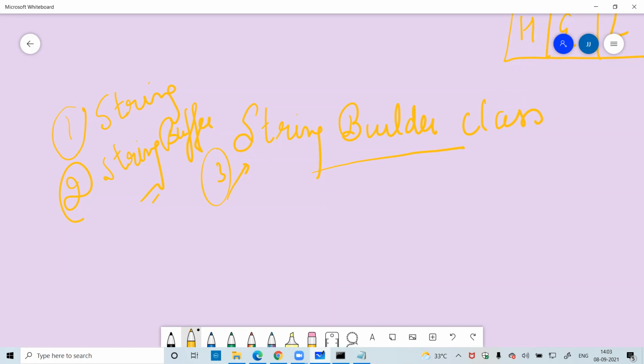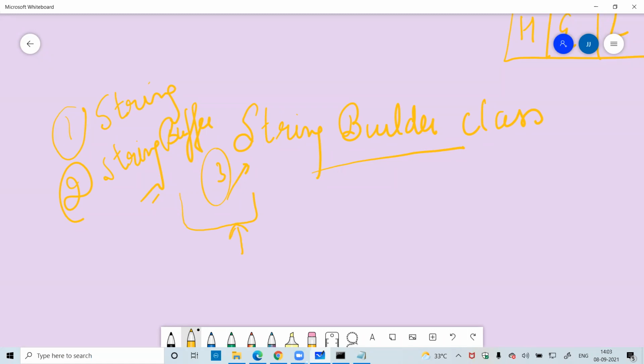String builder and string buffer contain the same number of methods, the same number of constructors, and the same way to execute.